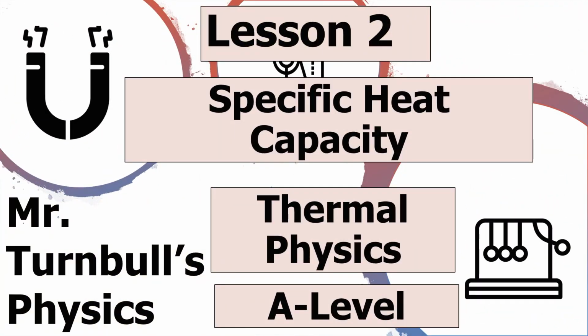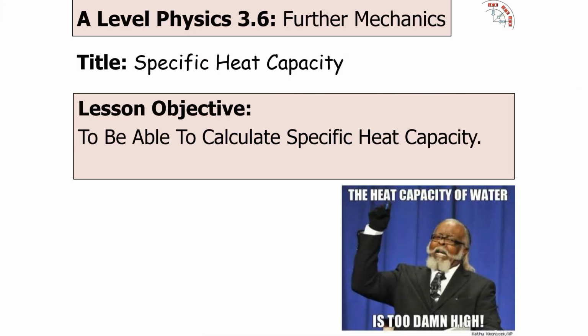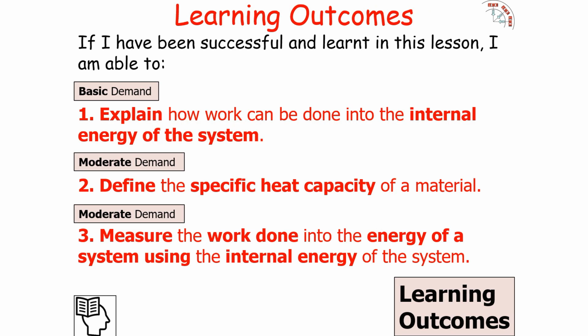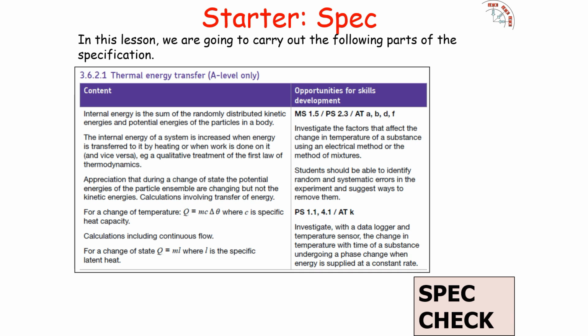Hello and welcome to today's lesson on specific heat capacity, which is part of the thermal physics topic in AQA A-level physics. So in today's lesson we're going to look at how you can calculate the specific heat capacity of a substance. So if we've been successful and learned in today's lesson, we can explain how work can be done into the internal energy of a system. We can define the specific heat capacity of a material, and we can measure the work done into the energy of a system using the internal energy of that system. So we're going to look at the following part of the AQA A-level physics specification,